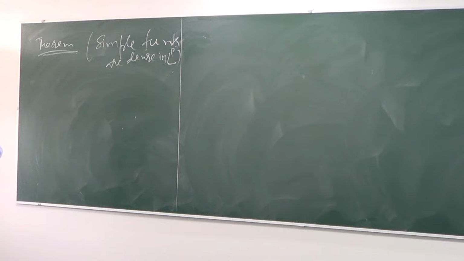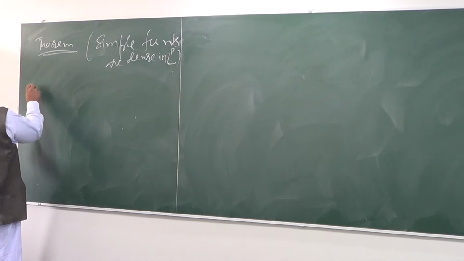In other words, sometimes we want to show a property for the entire space, for example LP space, then we can run a kind of density argument, which simply says that if the same property is true for a dense subspace of that space, then it would be true for, or you can extend it to, the entire space. We did something similar in functional analysis as well. So dense subspace is important.